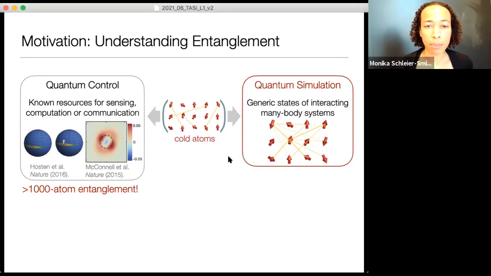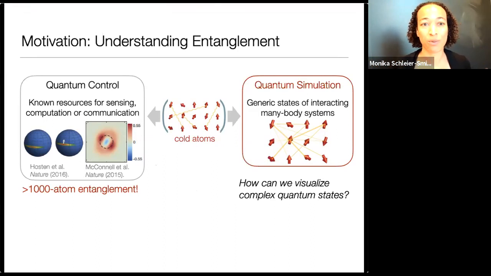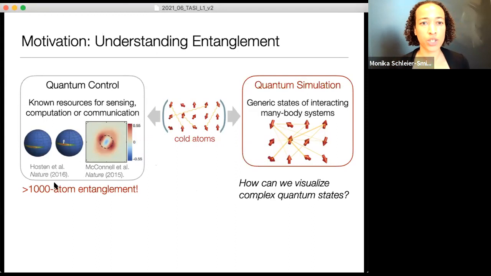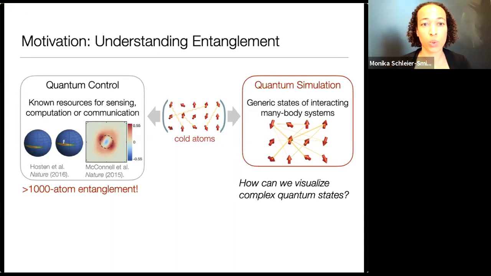And so this other domain of quantum simulation is how can we understand more generic interacting quantum many-body systems. One of the things that I've found is that in this quantum control arena, I really depend a lot on being able to visualize things, like visualize these reduced quantum fluctuations. And that raises the question of, are there other ways, in situations where one has more complex quantum states, of visualizing them?